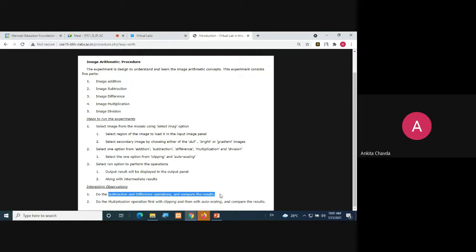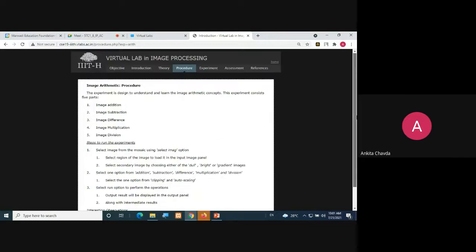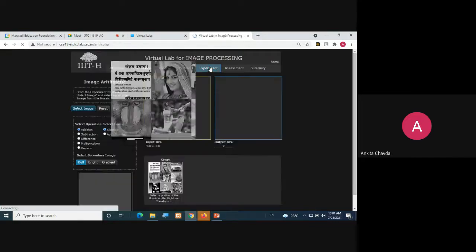Difference and subtraction are very similar, but you can check the formulas to see how it works. In the difference you will have only positive values; you can check it in the theory. And do the multiplication operation first with clipping and then with auto scaling, and compare the results you get. This is what we are going to observe, and I'm showing you how to do it.